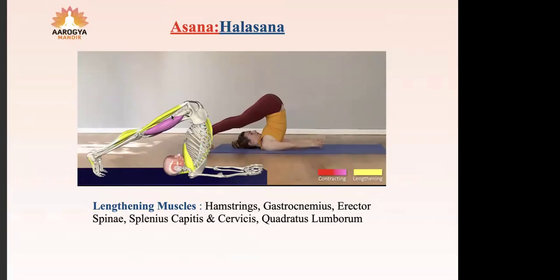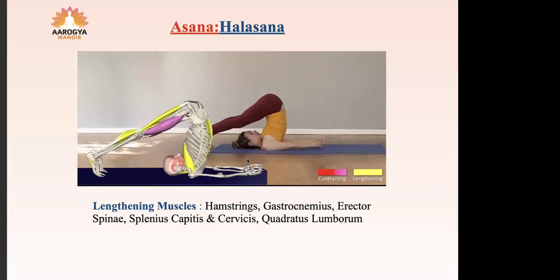Visually, what you can see right now is the hamstring and the calf muscles, and again the plantar flexors. Over here, you can see. You can also see the pectoralis getting stretched. You can see the erector spinae muscles. You can also see the neck muscles, which are splenius capitis and cervicis. They are getting stretched over here. So now,